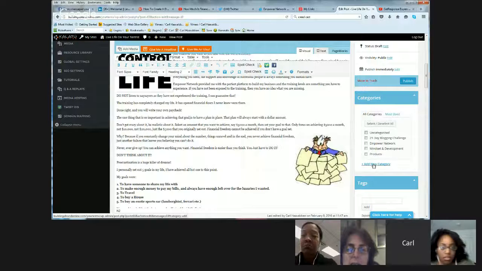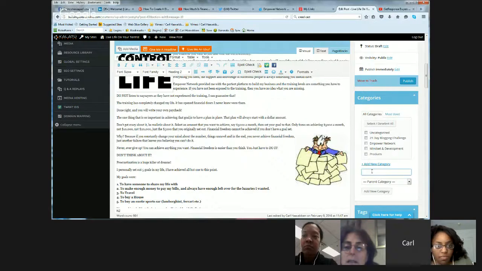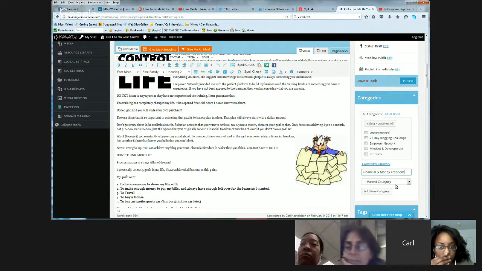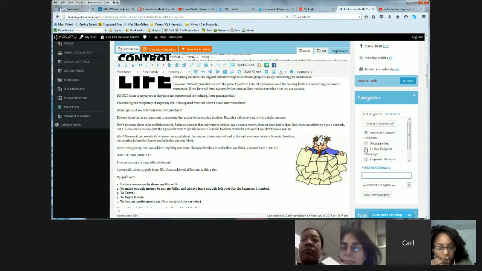Okay. So let's do, we'll do financial. How about this? Financial and money freedom. So now we've got 2 keywords in the actual category, right? Actually 3 keywords if you look at it. Okay, so I'm now going to add this to the category, and you'll see now it's automatically checked that category. That's where we're at. Okay, so now when people go to my site, they're going to see that this is financial and money freedom in there, and a lot of times people are going to be attracted just to that category, right? So now they're going to go in there, they're going to see this post in here,